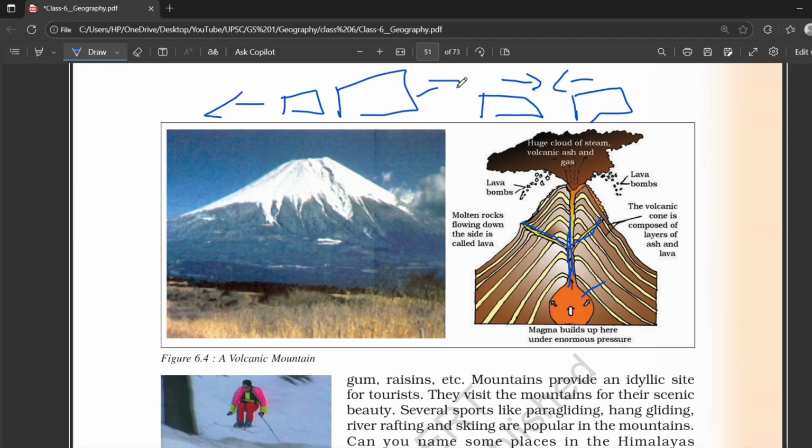the magma comes out through the cracks in the seafloor. When these plates move away from each other, cracks will be formed here. The magma will come out through the cracks in the seafloor. This forms a new crust on the seafloor. As a result, mid-oceanic ridges and volcanic plateaus are created. Volcanic mountains can be formed at both convergent boundaries and divergent boundaries, but in the case of continent versus continent